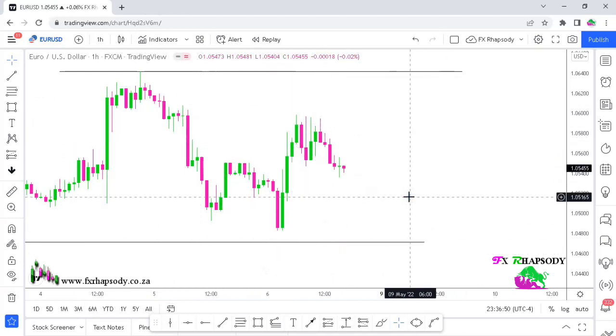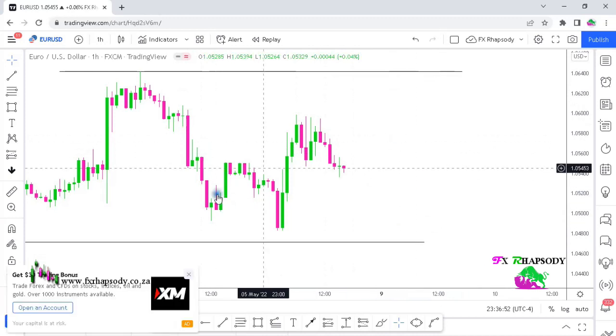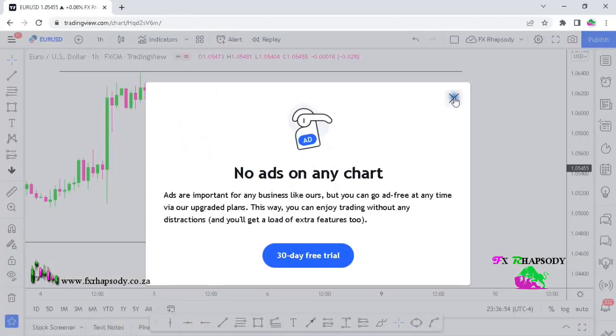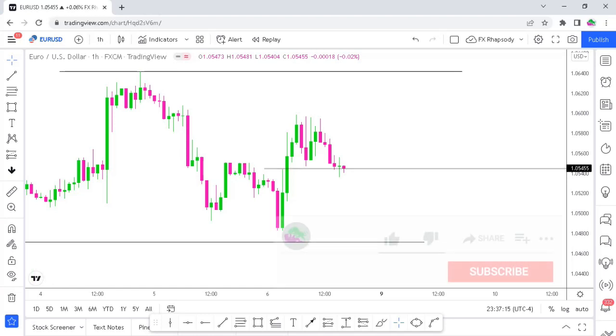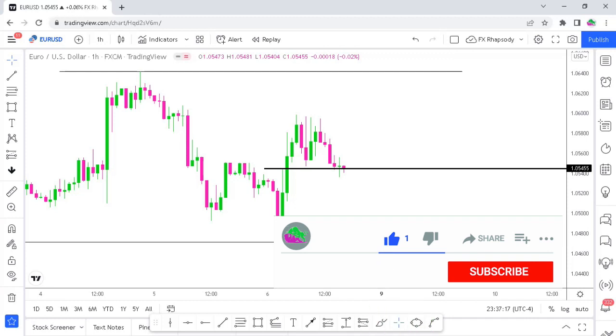So guys, let's keep an eye out on these two pairs for this week. Will the Euro USD dollar start pushing up for a nice bullish movement again, so we can start buying again? And will the dollar Japanese yen start with this rally to the downside, so we can start selling on that side? So again, don't just predict the markets, react to it, and just be wary when you trade. Have your risk in place,